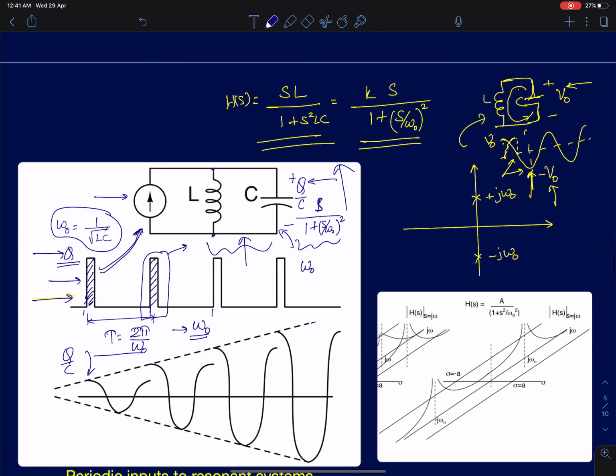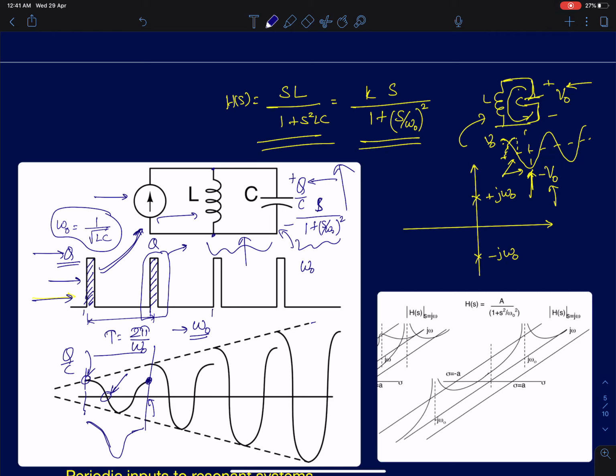Now what would happen? We would expect it to behave like a sinusoidal oscillator, so it will complete one full cycle. At the end of the first cycle, the current is delivering another packet of charge of the same value Q. Initially the capacitor had all the energy; then the inductor stores all the energy it borrowed from the capacitor. At the end of the first cycle, the energy and all the charge are returned back to the capacitor.